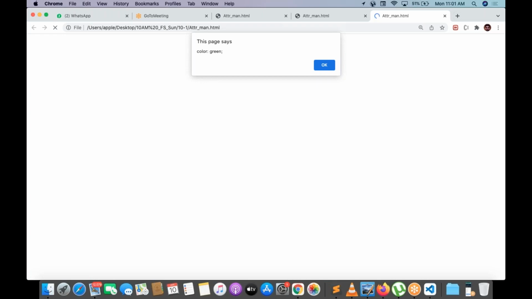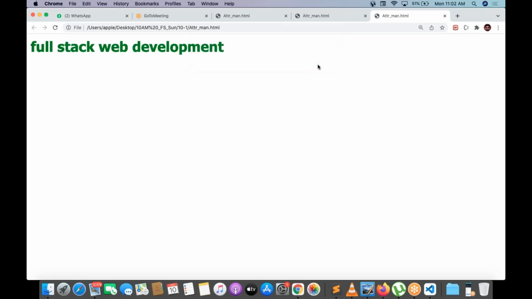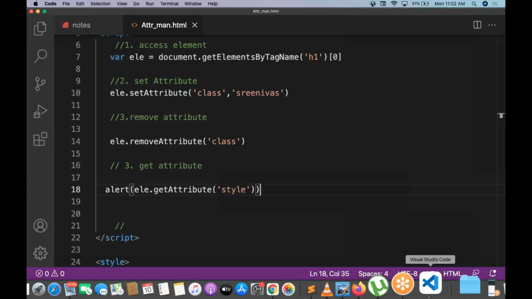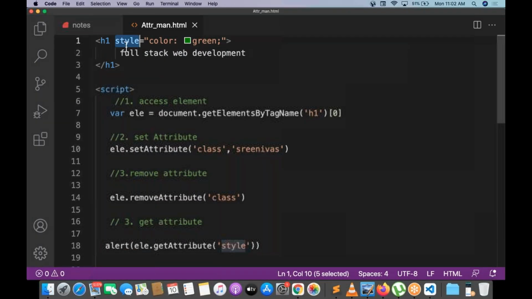We got it. So I'm trying to access something. The alert is working before the document. Alert works from the window. It means the alert came first. After the alert box, you will have the document. On top of the document, you will have the green color element. So why is this green color coming? Green color is coming from the inline style. There is one attribute already given called style. From that style, it is coming.